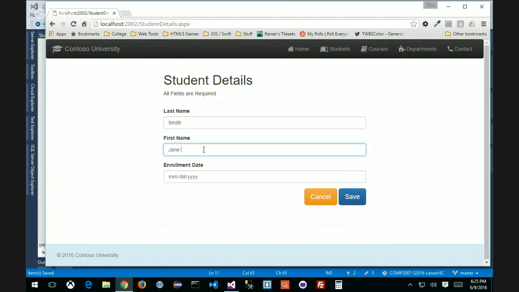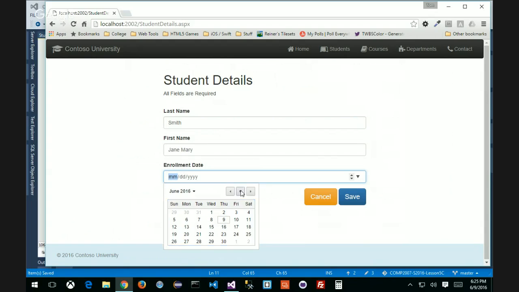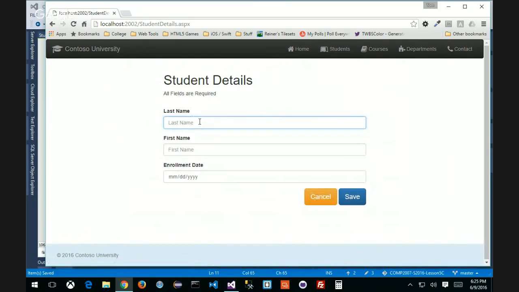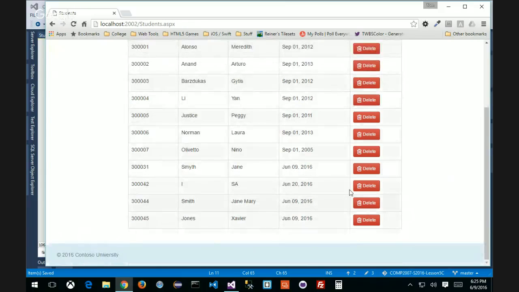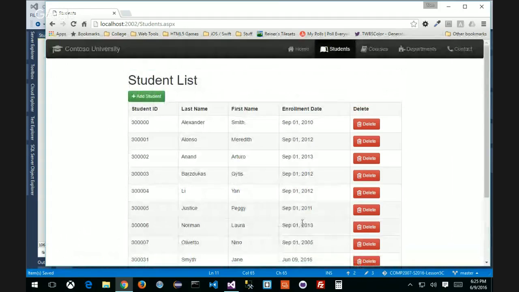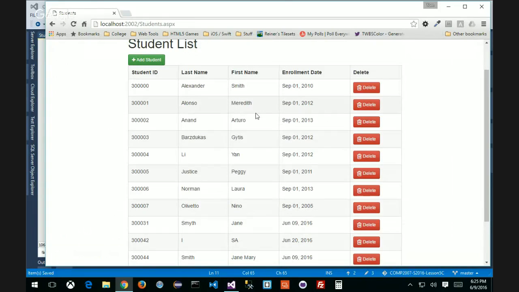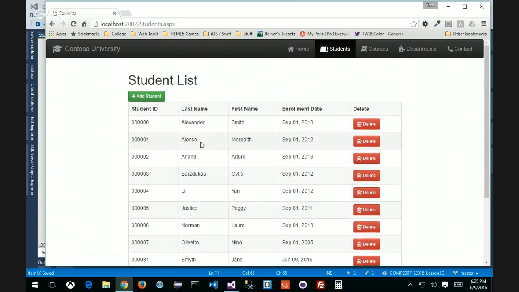Maybe she has a middle name, Jane Mary Smith. I don't know. And then let's pick a date. So it's today's date, and click Save. So we added her, and let's add another couple of students. You can see how it's going to get pretty hairy. Jones, Xavier, and there we go, save. And you can see that as I go, it's getting pretty long here. And so it might be really cool if we were able to create pagination, or paging, if you will, for